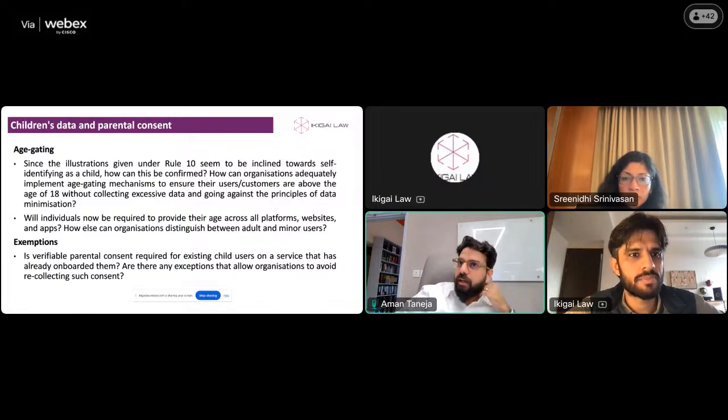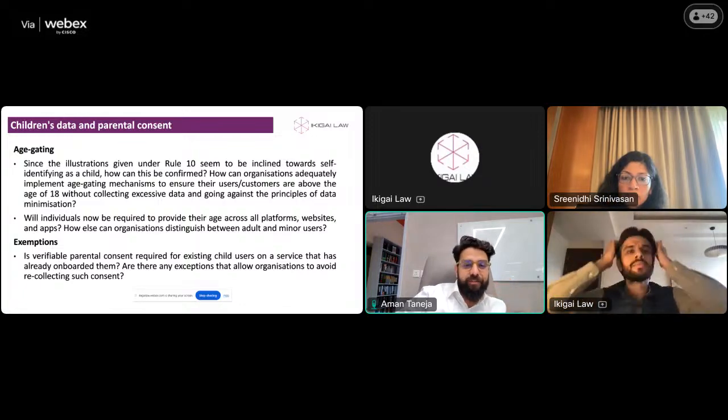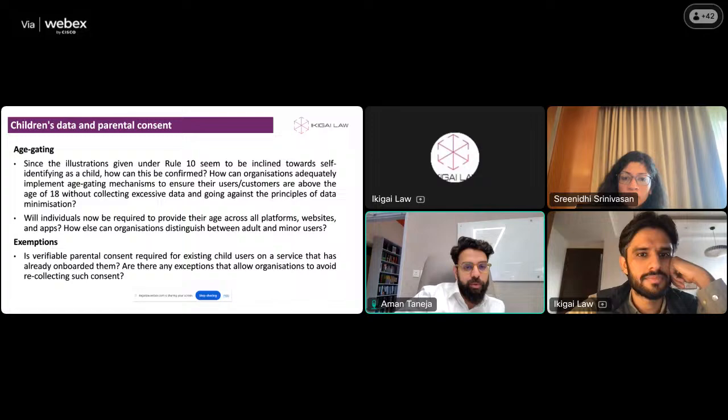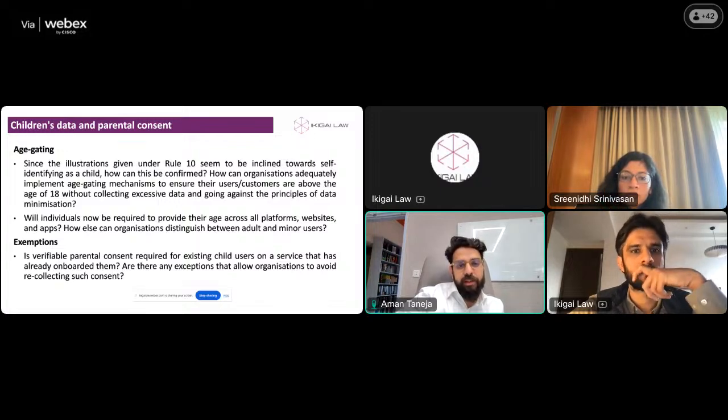Yeah, I tend to agree. I think this was a worry when the law was being drafted: does this create a universal age gating obligation, or what standard are you going to apply for the age gating? I don't think that could have been the intent of the law, but one will have to take a rational, risk based view on this. One way of doing it is, even today, looking at your general user base, how many of those are below the age of 18?